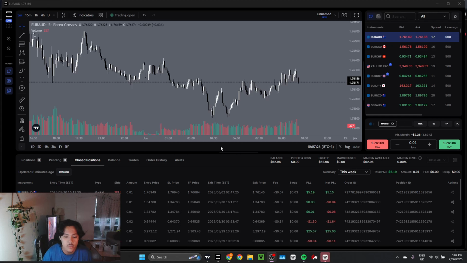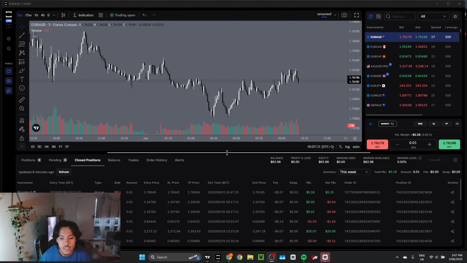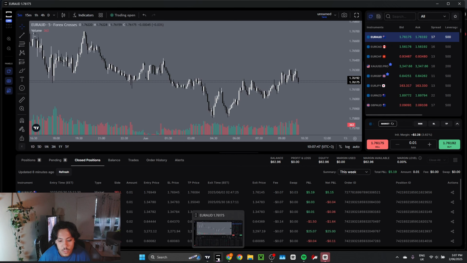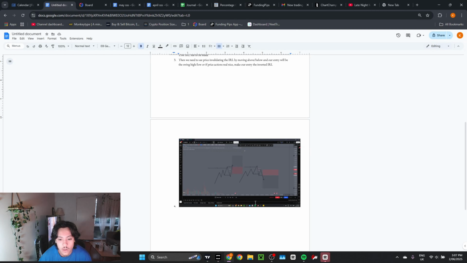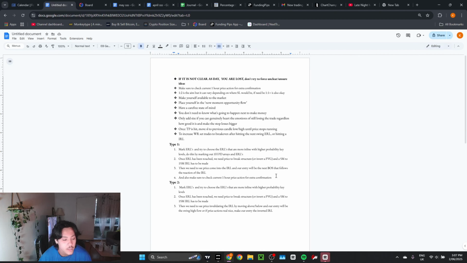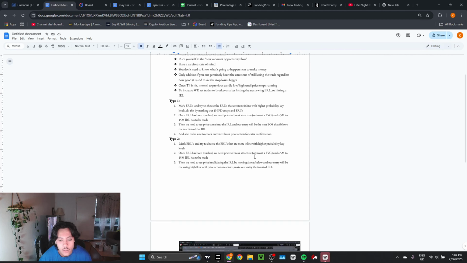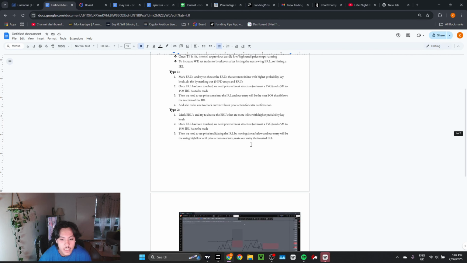So this is a 1 to 500 leveraged personal account, and the starting balance was 32 USD, which beforehand was 50 AUD, but like fees and stuff. So 32 USD was the starting balance of this account, and now we're sitting at 62, and today we'll be talking about that. But first, I'm gonna go over my strategy. At first I'll mark out high time frame POIs,